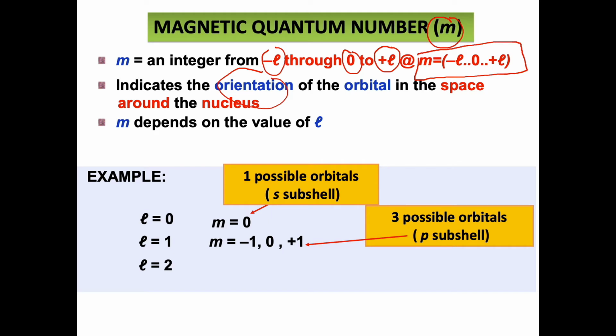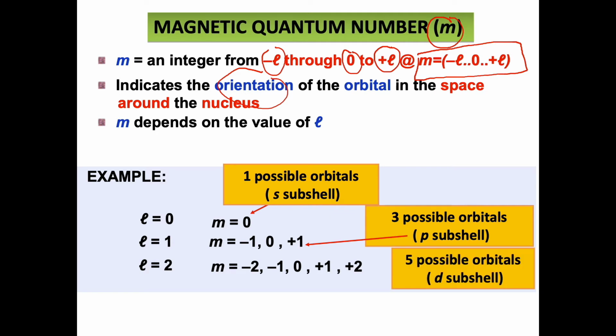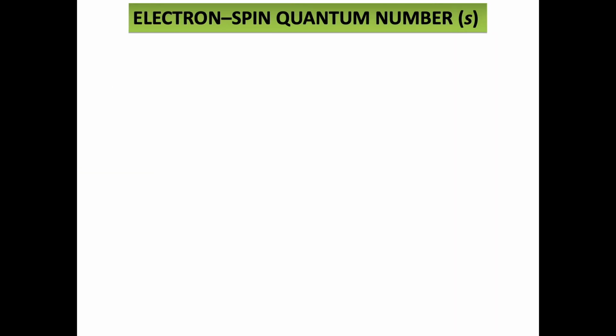When L is equal to 2, you have m value equal to negative 2, negative 1, 0, plus 1, and plus 2. This means that you have 5 possible d orbitals with 5 different orientations. The fourth and the last quantum number is the electron spin quantum number, and it can be denoted